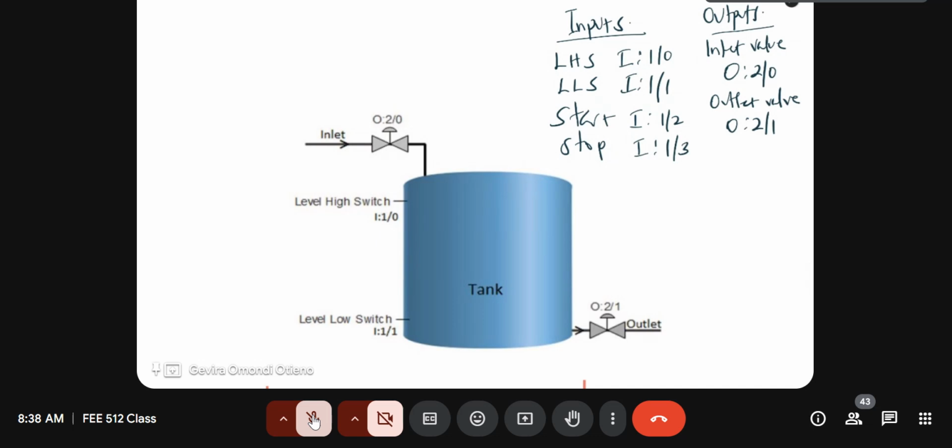Now, I think the usual thing, once you have listed the inputs and the outputs, is that you have to rationalize how the whole thing is actually supposed to work. Because unless you have a full picture of how the whole setup needs to work, you might miss something in your ladder diagram. So you can't start drawing a ladder diagram just because you have inputs and outputs. You have to envision how the whole thing needs to operate, because that's basically the design element. That's the creativity part. The rest are just conditions. These are parameters that are provided, but your creativity comes in figuring out how the whole setup